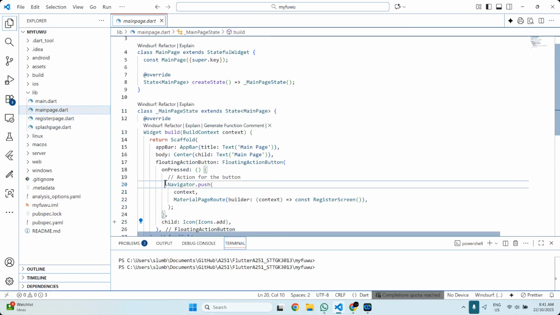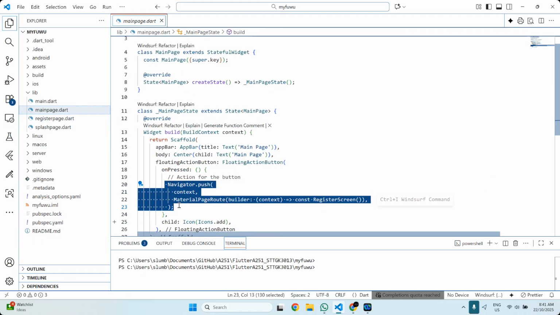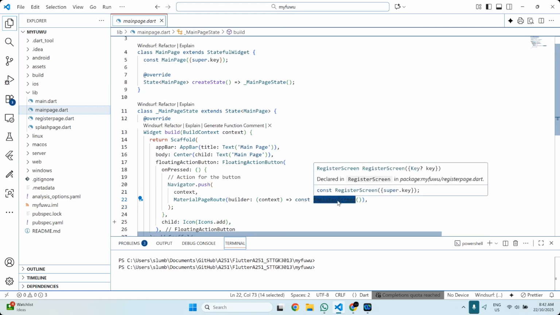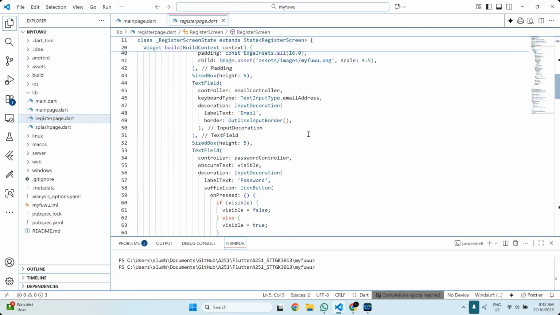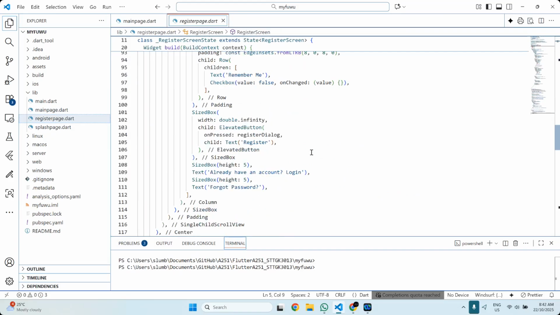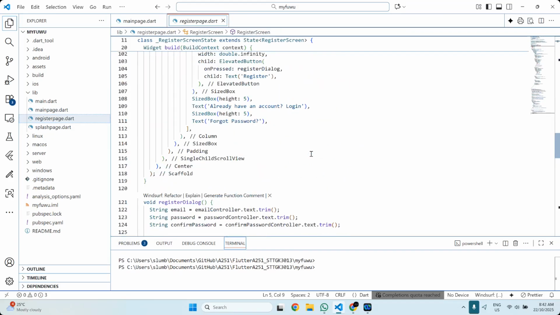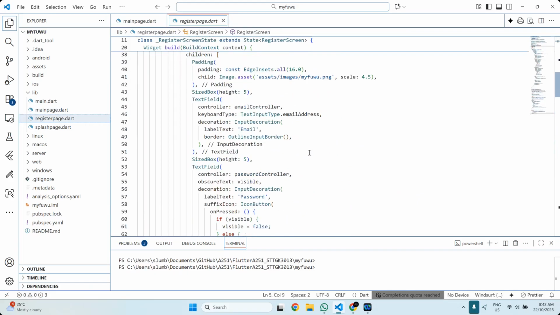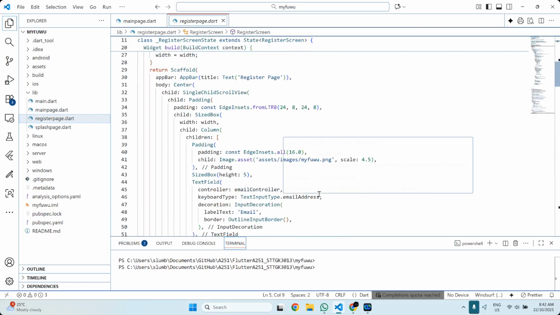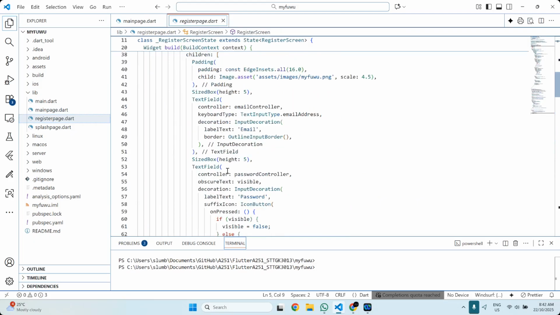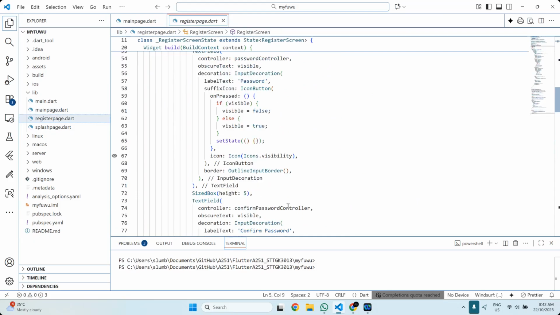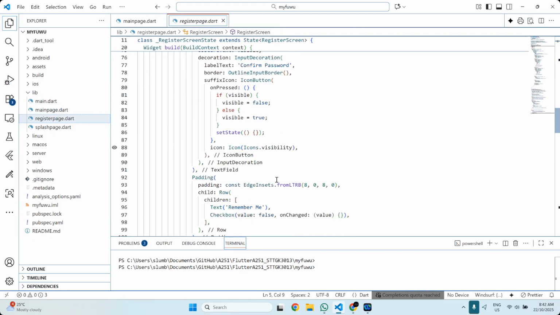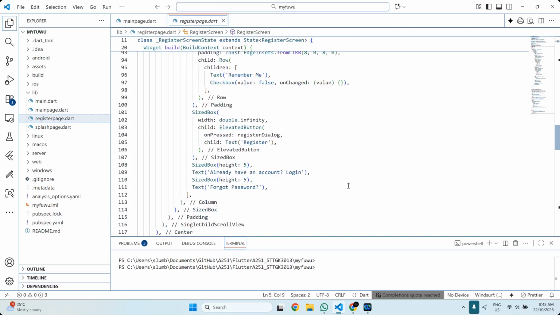And the floating action button navigates, when the user clicks or presses on the button itself, it goes to the register screen, and from the register screen, we have our registration form, which lists down all the widget tree for the form with a text field for email, for password, for re-enter password or confirm password. And then we have buttons